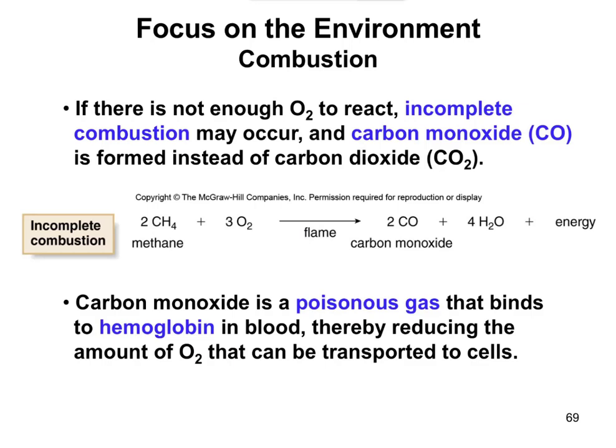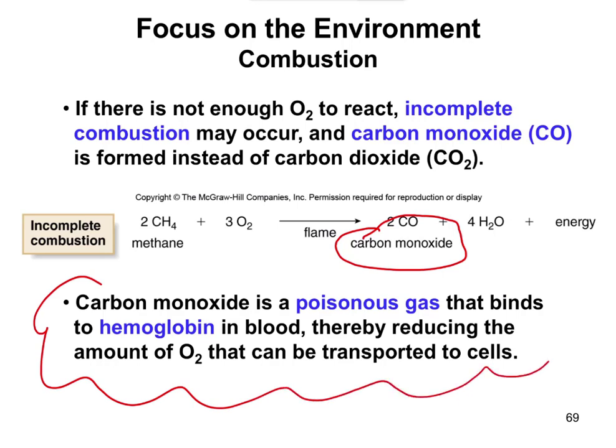Now, there are times when you might not have enough oxygen to undergo a complete reaction. And in those cases, we have what is referred to as incomplete combustion occurring. You can think of this as the second reaction you need to know. The only difference in incomplete combustion is going to be the formation of CO instead of CO2. You make carbon monoxide instead of carbon dioxide. So in incomplete combustion, you get carbon monoxide. And carbon monoxide is a poisonous gas.